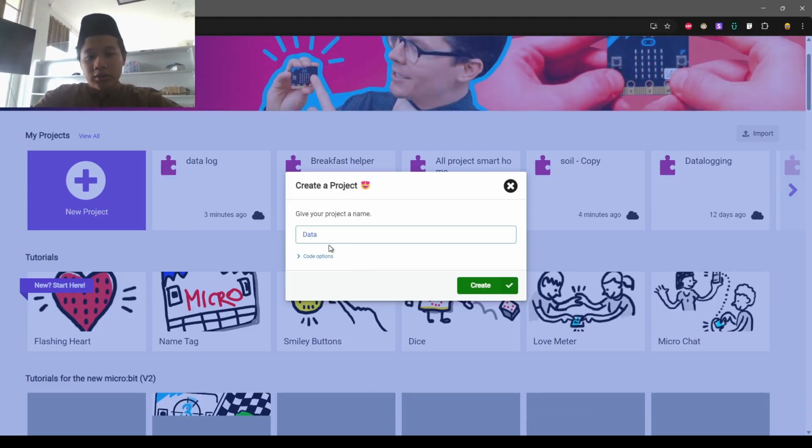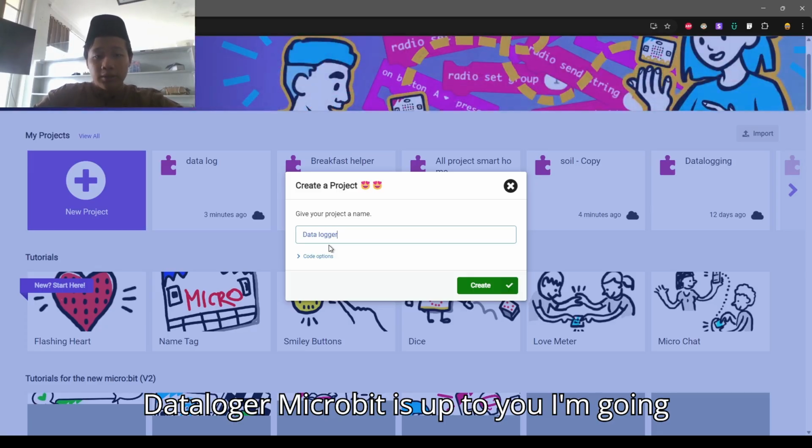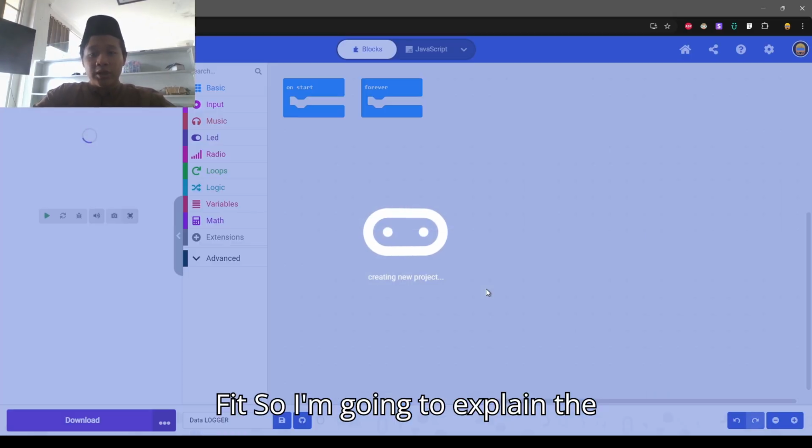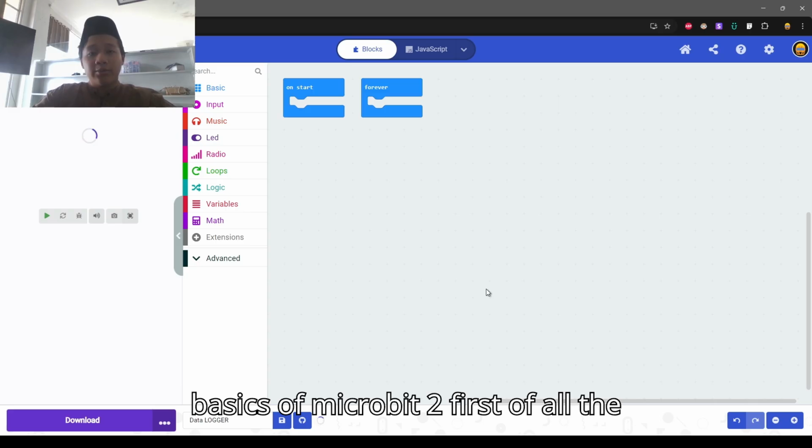Data logger, or data logger Microbit is up to you. I'm going to make it data logger. So I'm going to explain the basics of Microbit too.